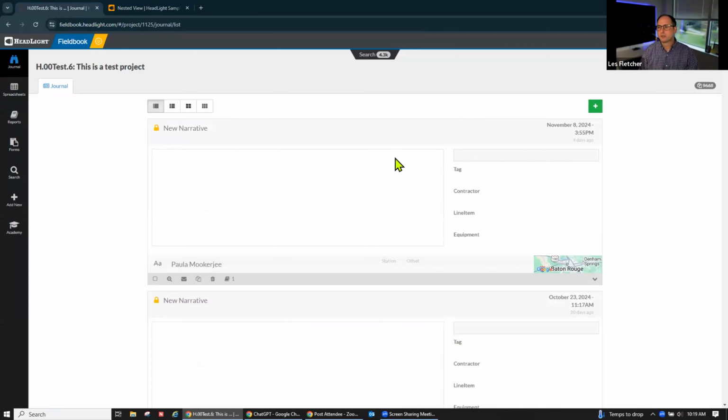I'm actually trying something new today. You guys can give me some feedback on it. I found a way to make my mouse bigger and a different color, so maybe it's easier for you to follow along. Can you guys see the big yellow mouse there or green mouse there? Is that better for you to see? I found that I was having a hard time tracking my mouse with these big monitors in here,